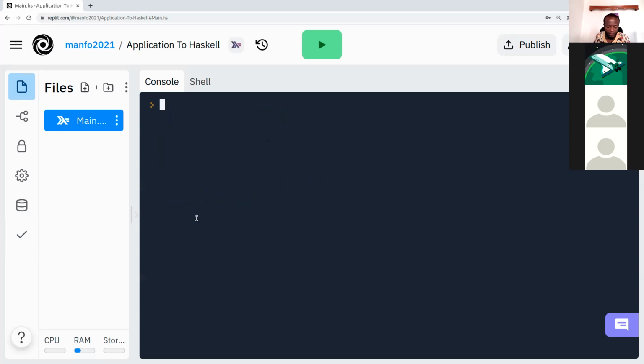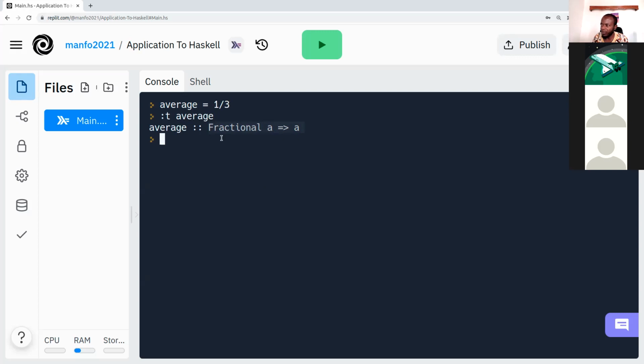So if I do average, for example, equal, what would I do here? 1 divided by 3. And I ask Haskell about the type of average. You see, again, Haskell will give me a fractional because 1 divided by 3, yes, it has a decimal, but